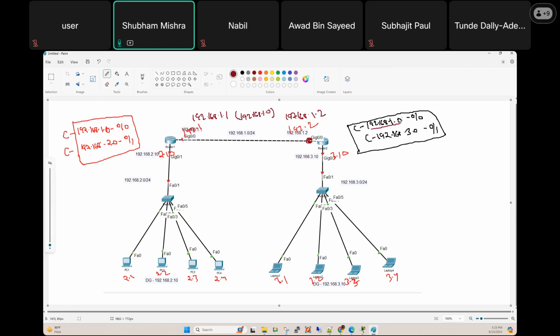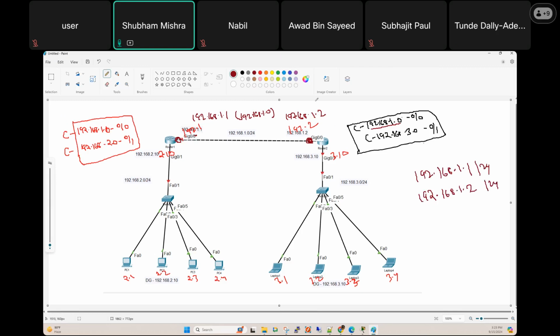Clear? Not clear, please. Can you come again? I just joined. Yes, no problem. Here we assign 192.168.1.1. This is the IP address I assign here. And here I assign 192.168.1.2. Fine? So if I write 192.168.1.1 and here I write 192.168.1.2,